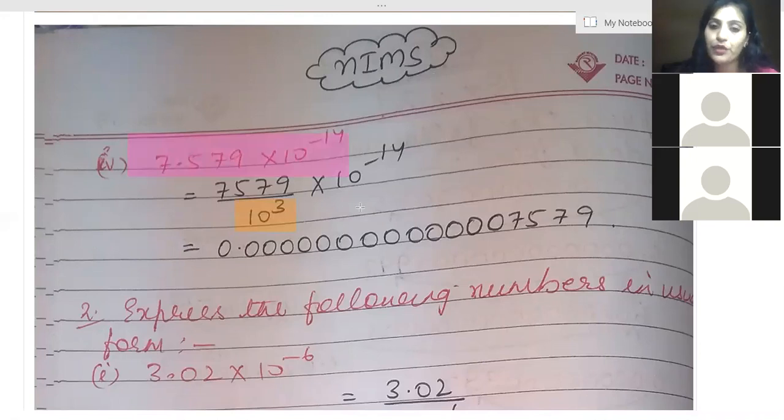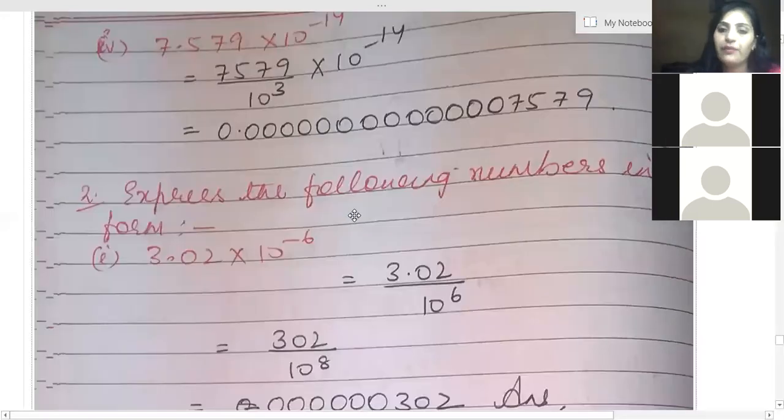Okay, beta. So I have to put this, this is my answer. Yes. Okay, beta. It is 1, 2, 3, 4, 5, 6, 7, 8, 11, 12, 13, 14, 15, 16, 17. So your number also gets added on, you will have to include that as well. Okay, now express the following numbers in the usual form.